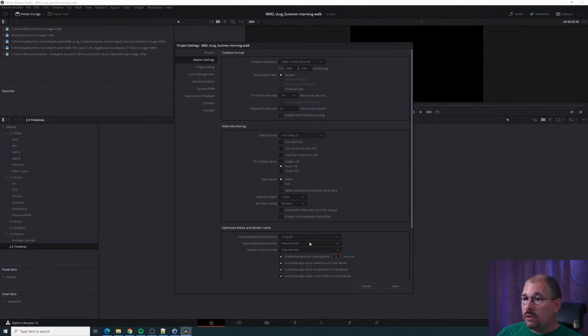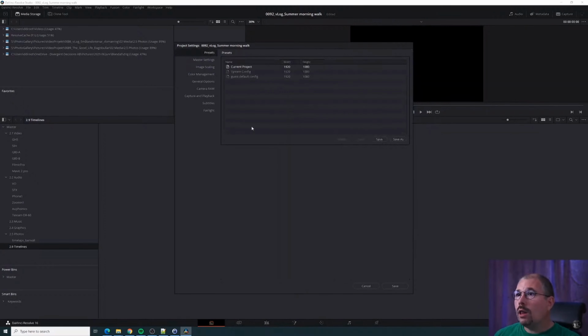I usually use these because if I have optimized media as original, I can choose to render the optimized media or the render cache instead of trying to re-render everything when I export the video, which makes it faster. But then you can't use the automatic sync to YouTube thingy, which is a bummer, but maybe they'll fix that in some version. So I'll go to presets and say save as,